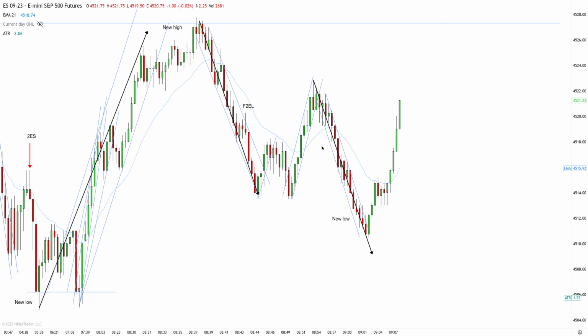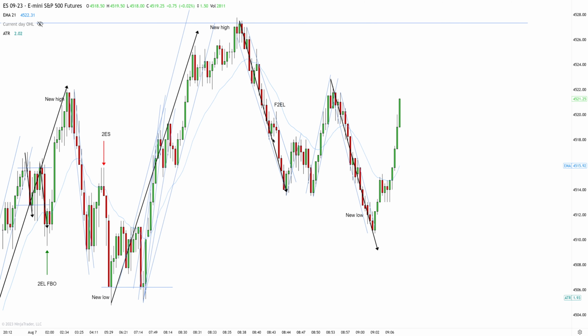Measured moves don't have to be fully perfect, especially if you already have a new extreme. There is not enough momentum because this downtrend has a break, new low. Sellers are taking profit, so just because we didn't hit it perfectly, that's still okay. You can still see a visual two-legged pullback, and I can still consider this downtrend over. Now that we're reversing back above the EMA, once again,